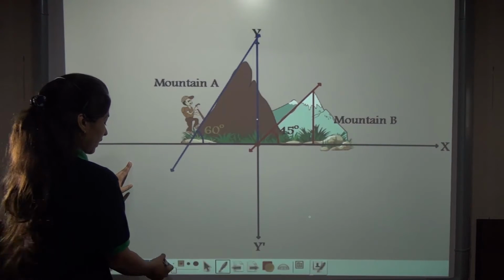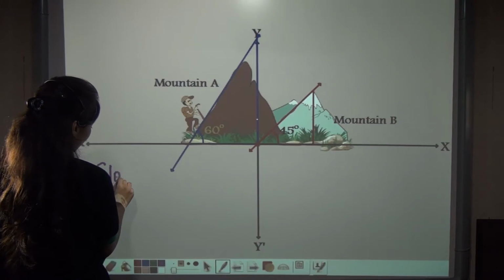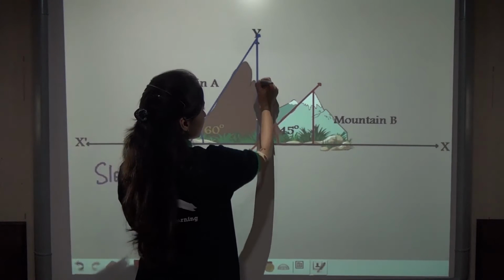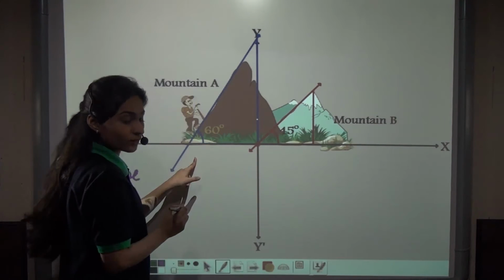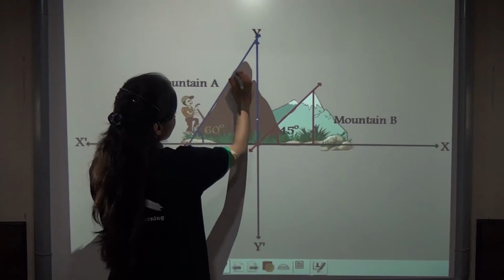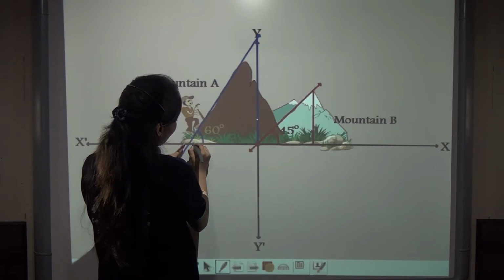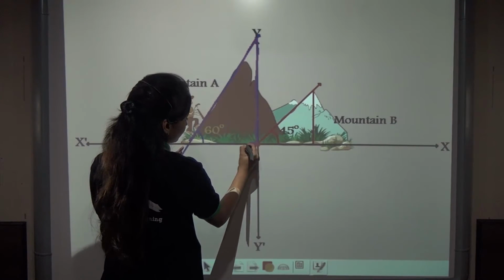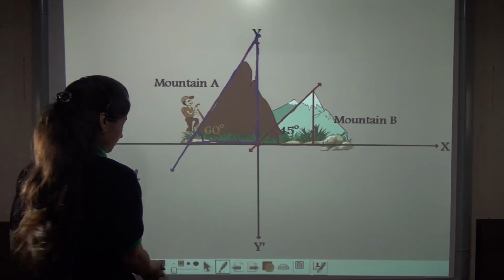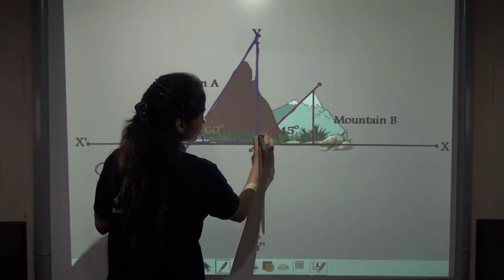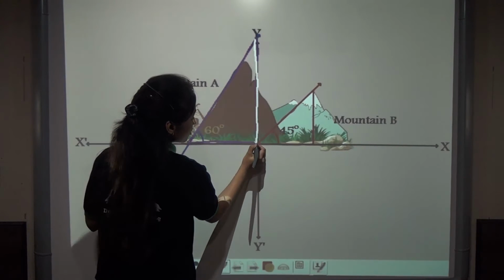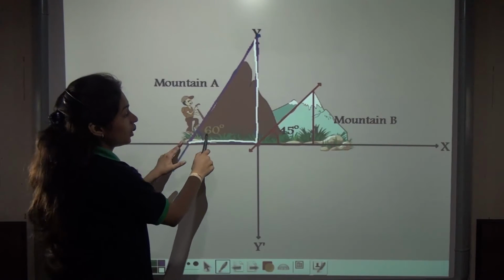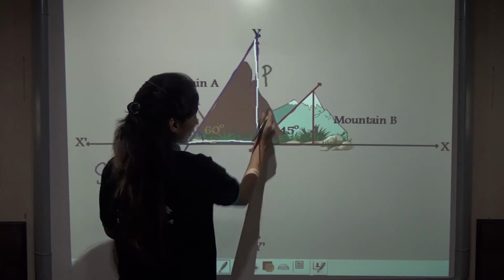So now how will you calculate the slope with this angle of inclination? Now what is actually slope? Tell me. Slope is what? Change in y by change in x. That is change in this line by change in this line. Now if you see that this is a triangle, or you can say a right angle triangle. So this is a triangle. What do we actually want? We want change in this by change in this. Or you can say that if this is a right angle triangle, we want the perpendicular by the base.